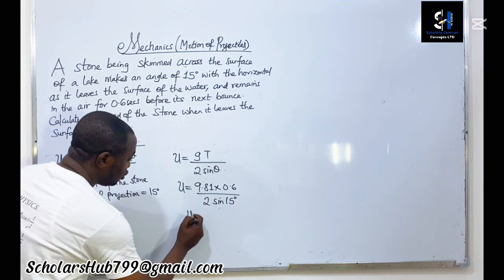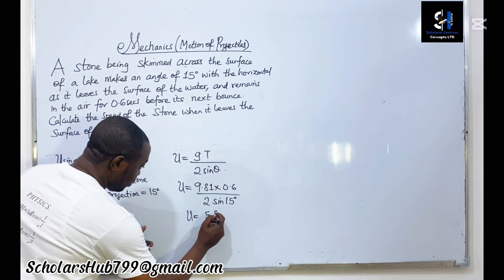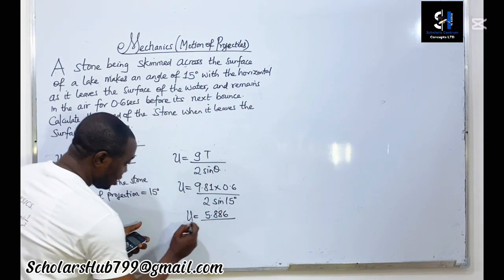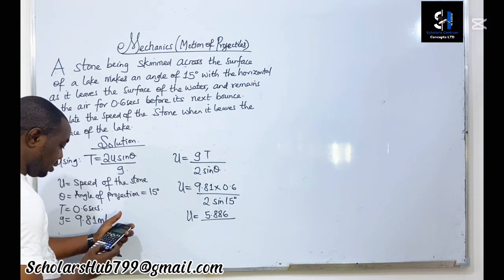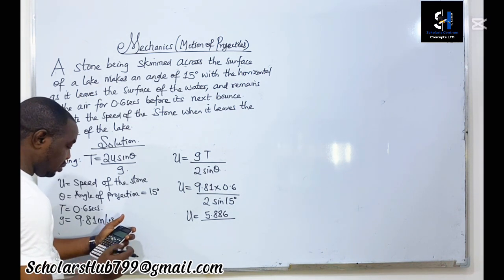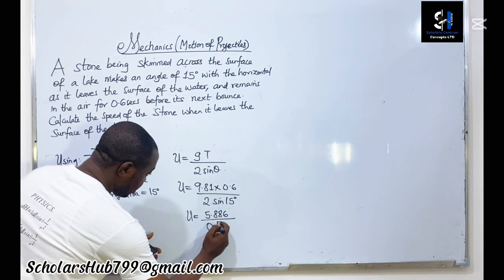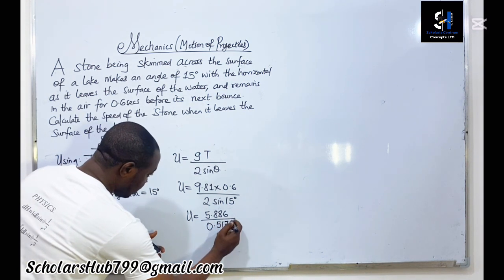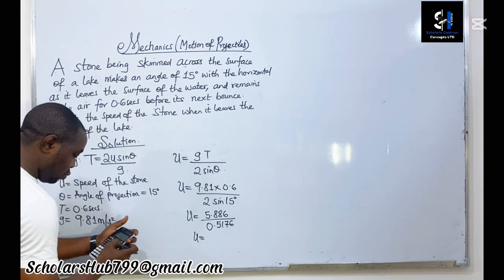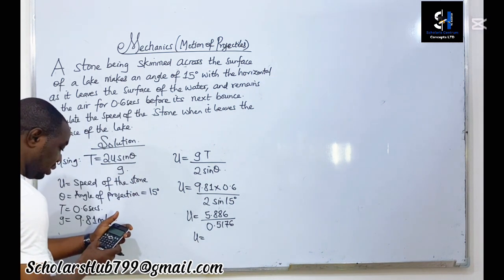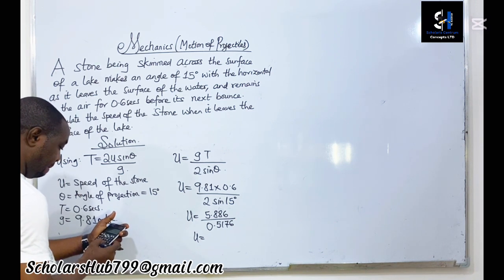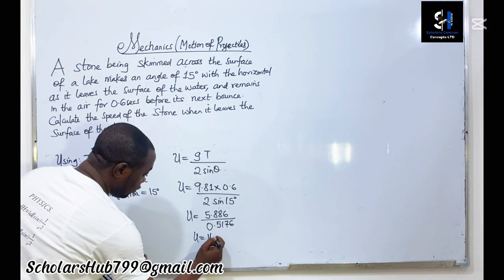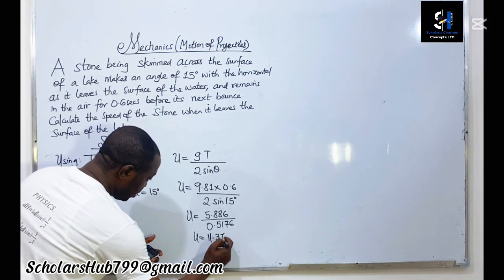So 9.81 multiplied by 0.6 is 5.886. That will be u equals 5.886 divided by 2 sine 15, which is 0.5176. So 5.886 divided by 0.5176, the value of u will be 11.37